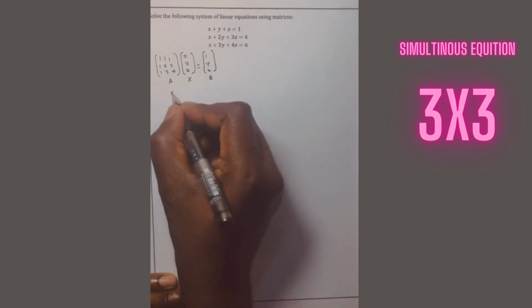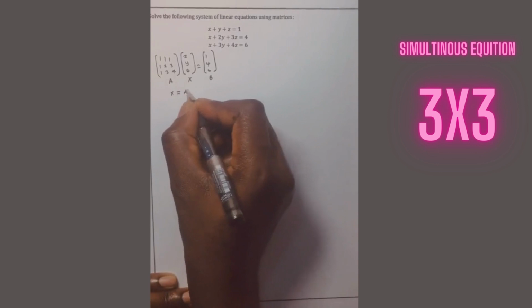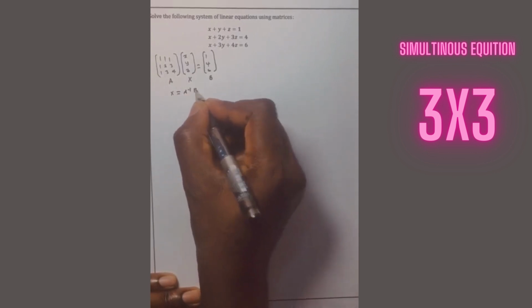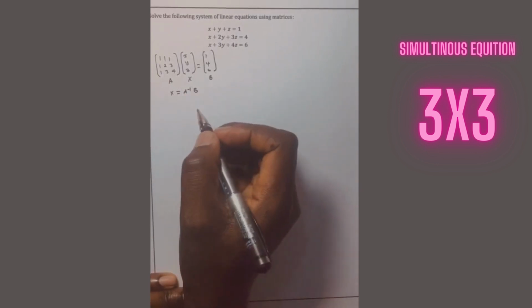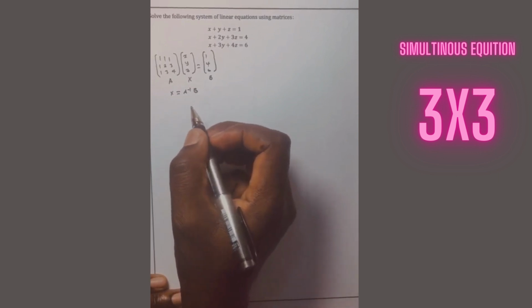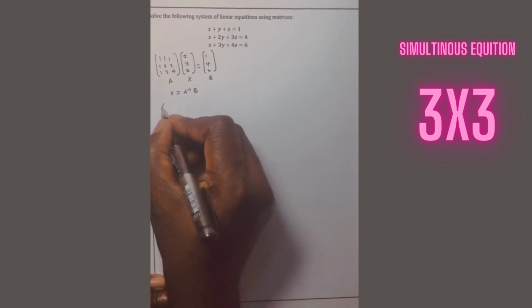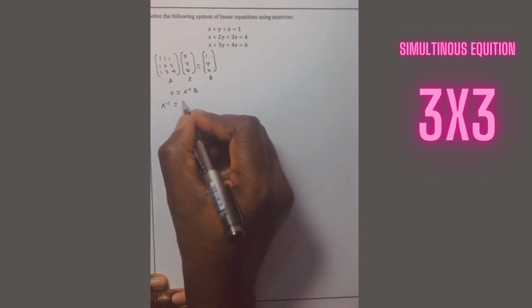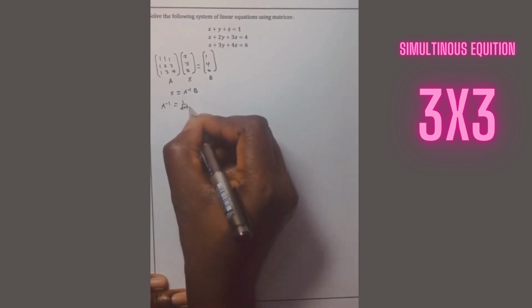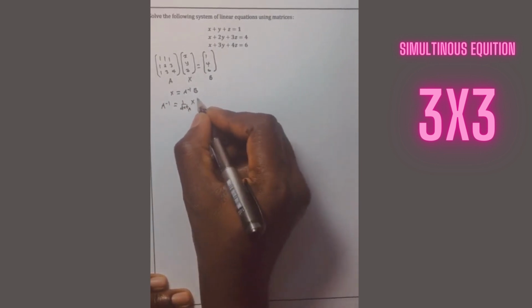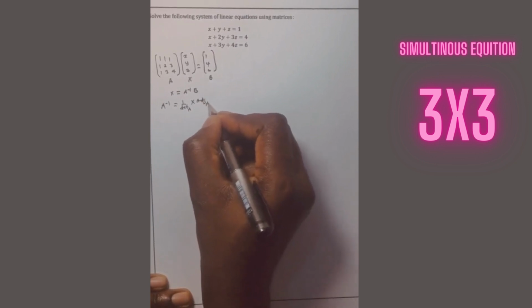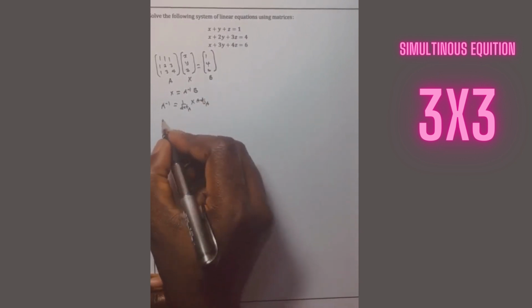So for us to get X, you're going to need the inverse of A, then you multiply by B. Okay, so let us get the inverse of A. For us to get the inverse of A, you're going to need 1 over the determinant of A, then you multiply that by the adjoint of A. So for the determinant of A,